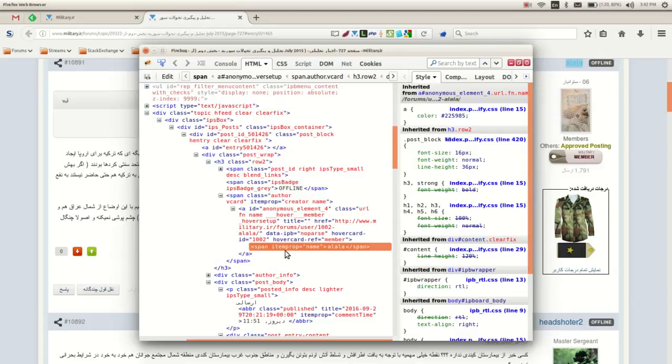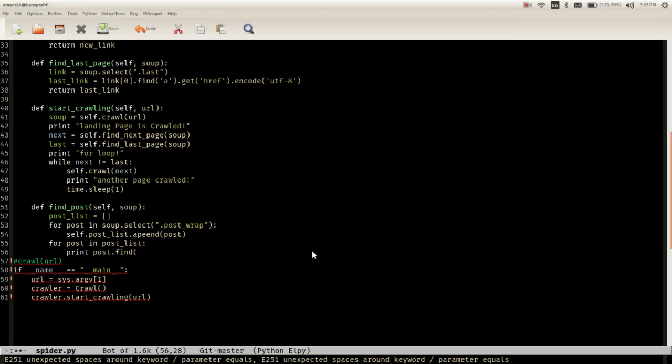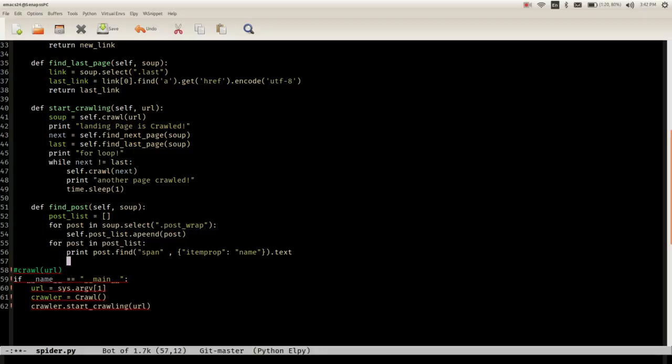So span itemprop, and its name was something that we wanted. So we want the spans whose itemprop property is equal to name. So let's write that down. I want span, and I want spans whose itemprop, as you can see, it's a dictionary, so itemprop is equal to name, and I want their text. So this is what our application is gonna give us,